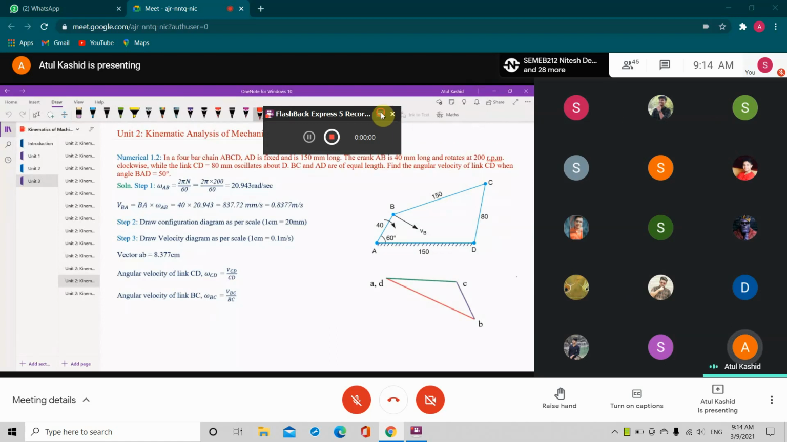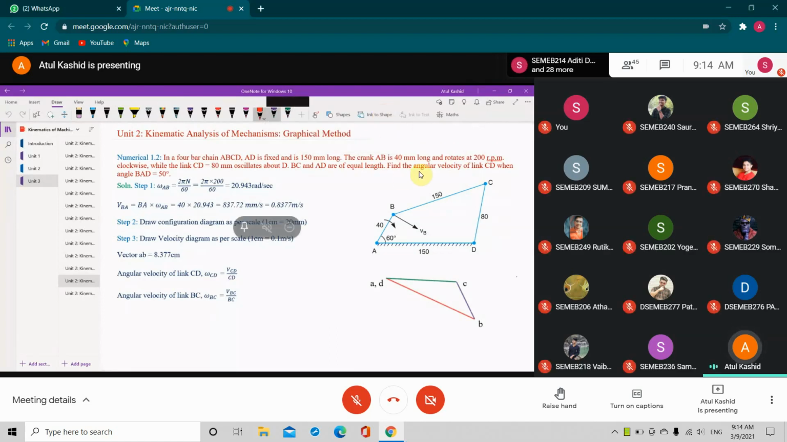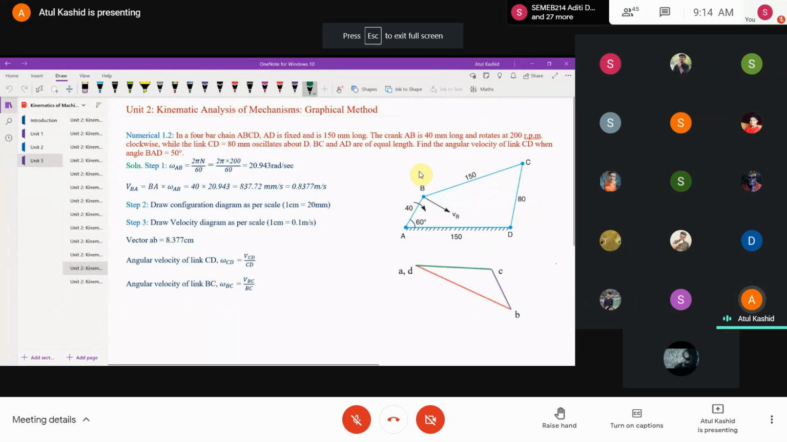Right? So this is the graphical method, and we use this graphical method to find the velocity and acceleration in the mechanism, right? And initially we are going to